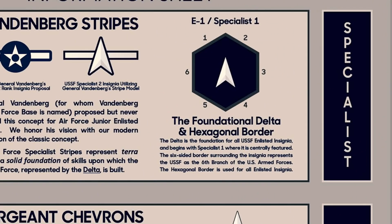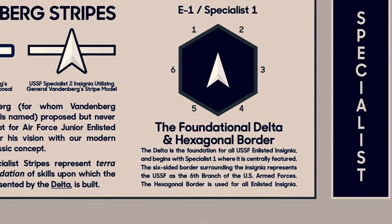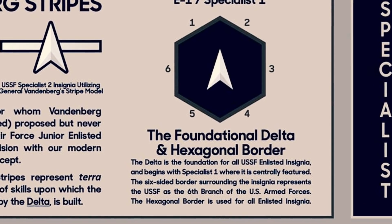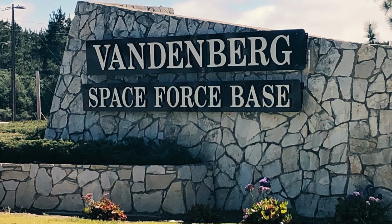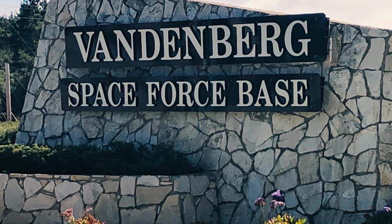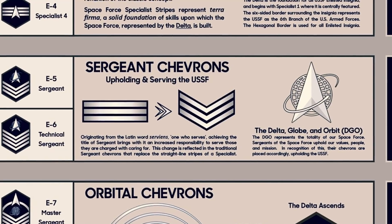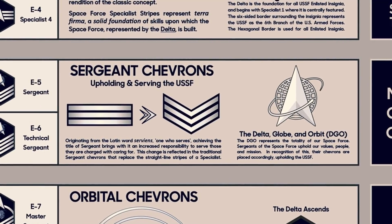There are a couple things I did appreciate from the symbolism of continuation of the 6 number, 6 branch. They do talk about the hexagonal emblem that's around the Delta symbol that Space Force members are going to have, the Vandenberg stripes, which is a history back into the Space Force base that's been named after General Vandenberg, the Sergeant chevrons, which upholding the service of the U.S. Space Force, then go like a chevron type thing there instead of a bar,